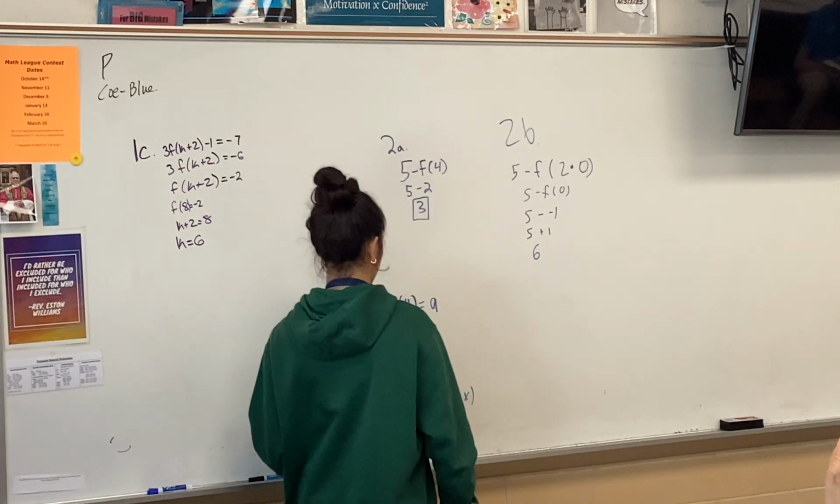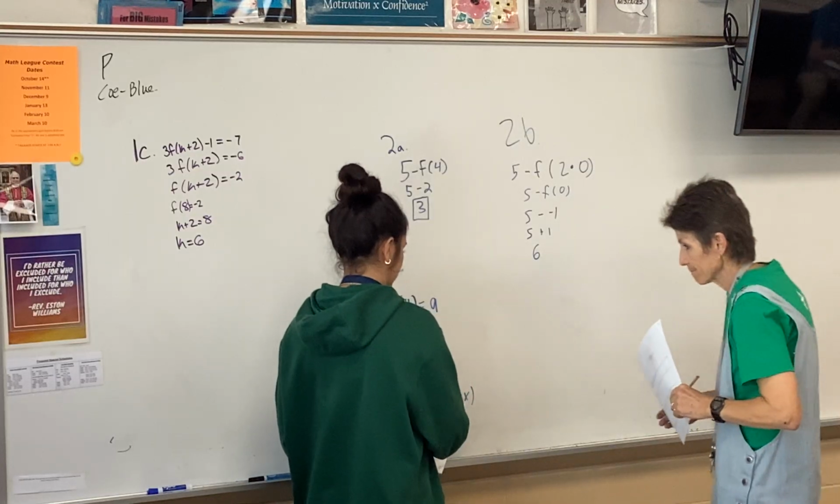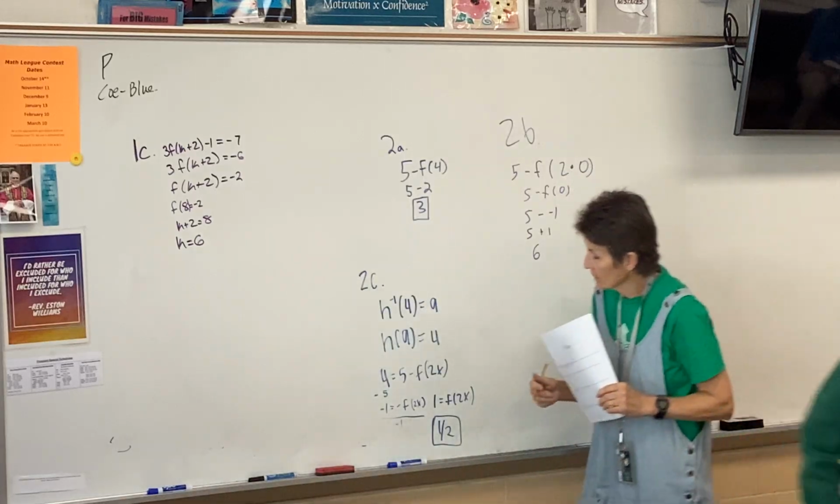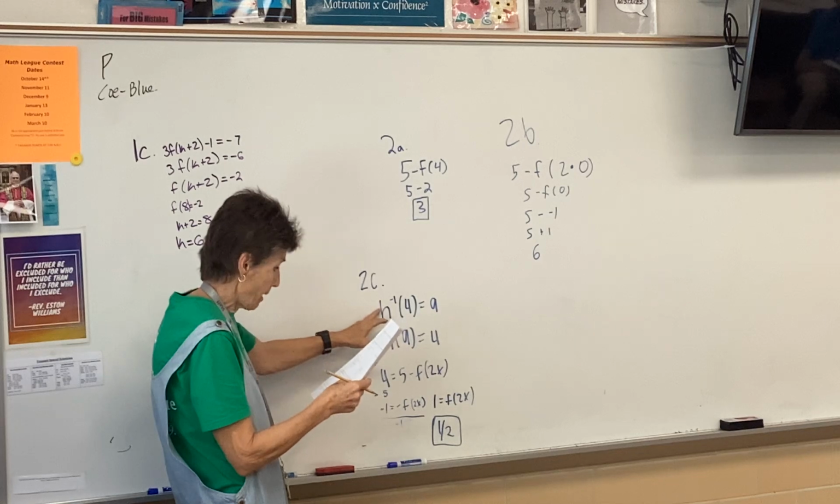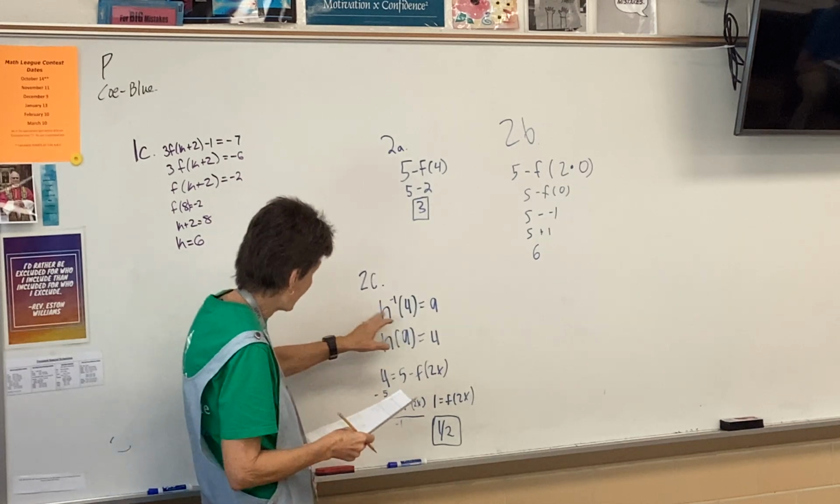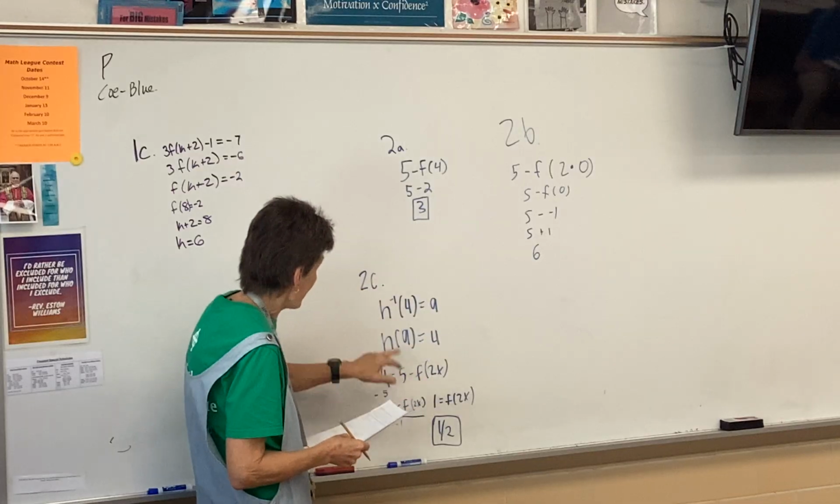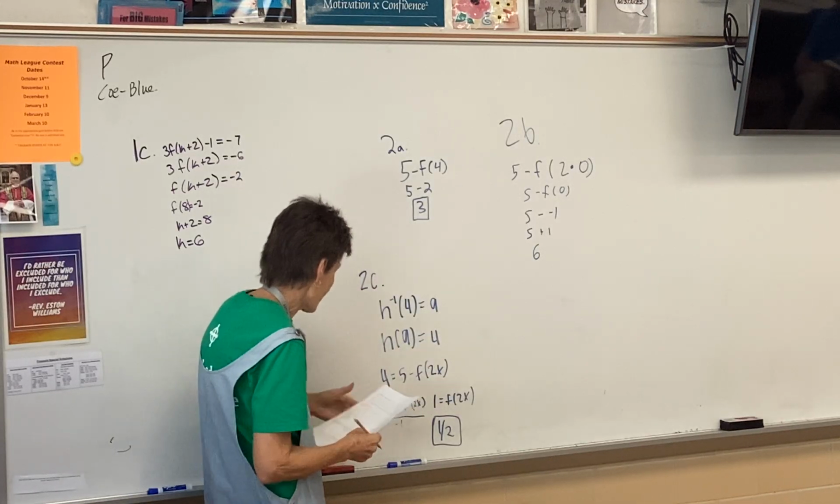Our way through that and see, because I could have a mistake. Alright, so here we go, let's look at Celeste and 2C. She said our job in 2C is to find h inverse of 4, to figure out what that equals. That means h of a equals 4. So then,